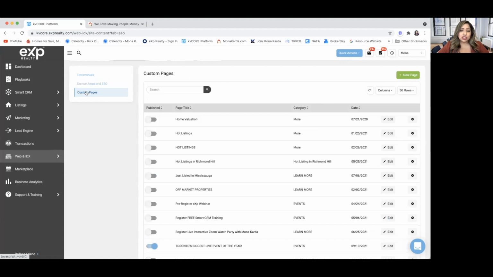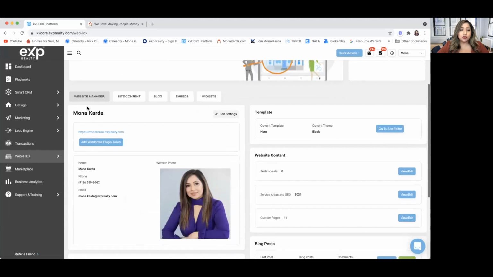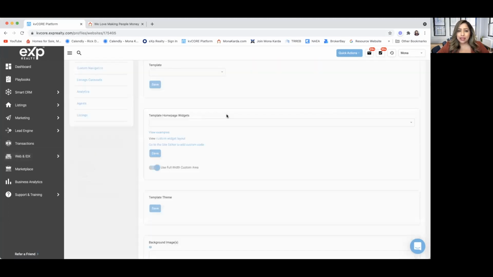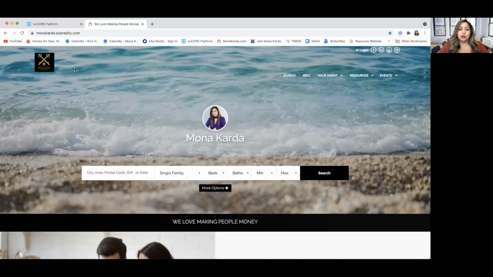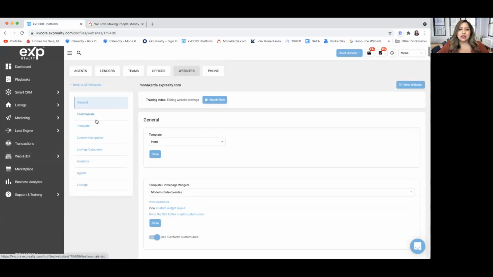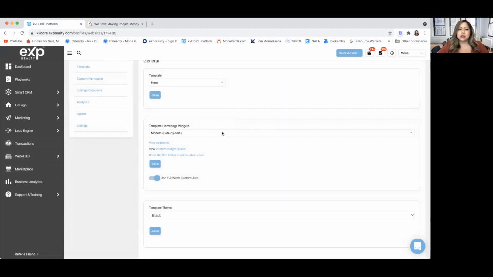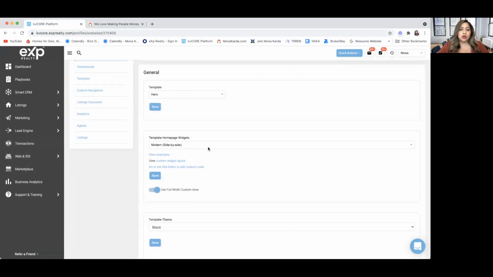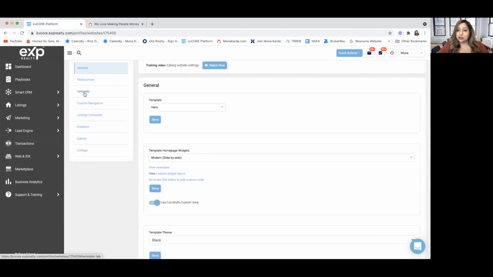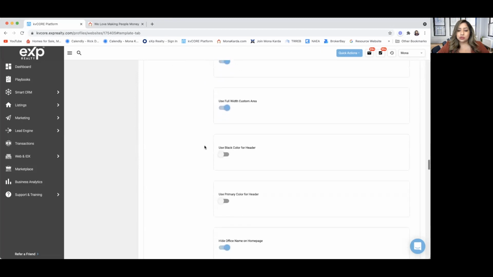And then custom pages. And the last thing was when you go to Website Manager and you click on Edit Settings, a lot of people would have the EXP logo right here, and they were asking me how to take off the EXP logo. So going back to Web and IDX, clicking on Edit Settings, this is going to populate here. Then we're going to go to Template on the left-hand side,